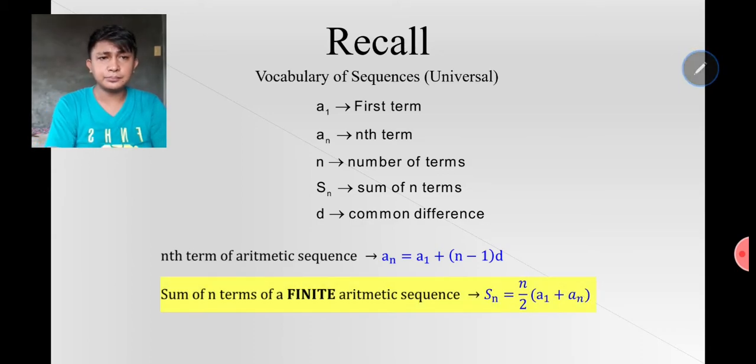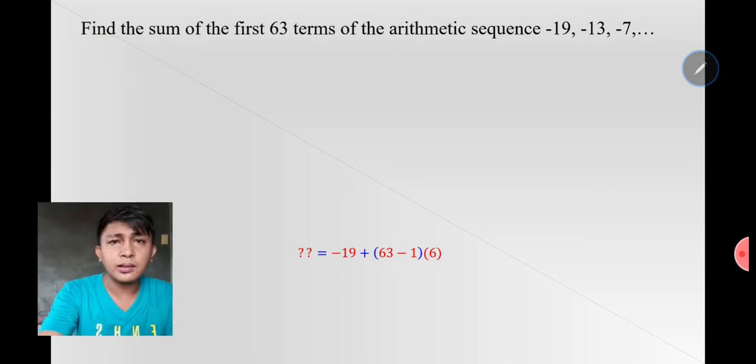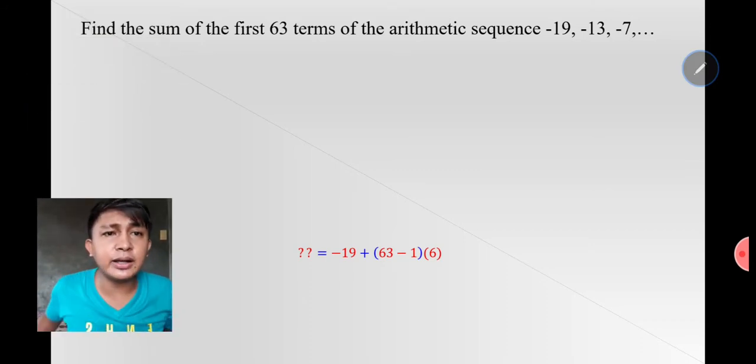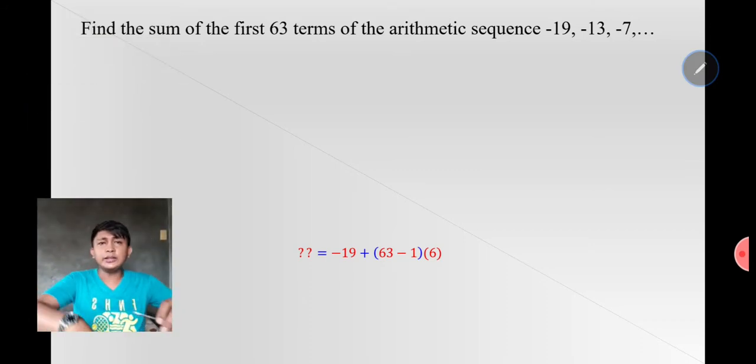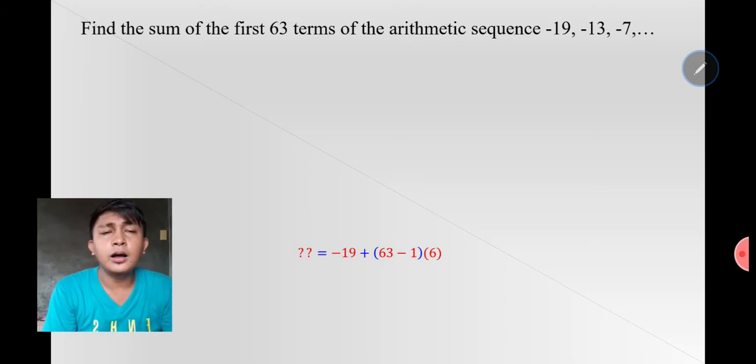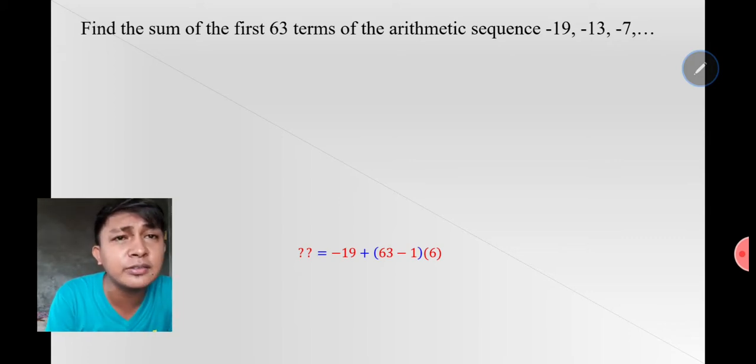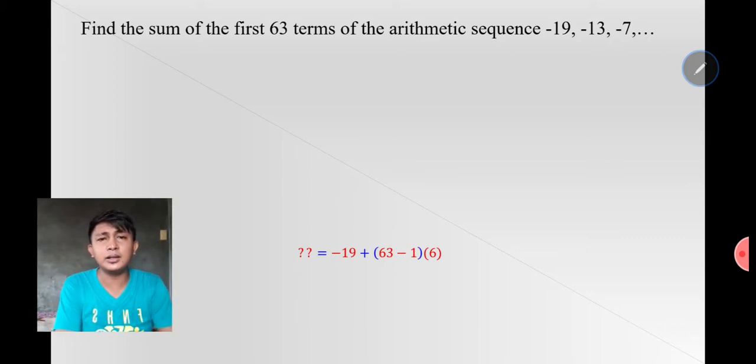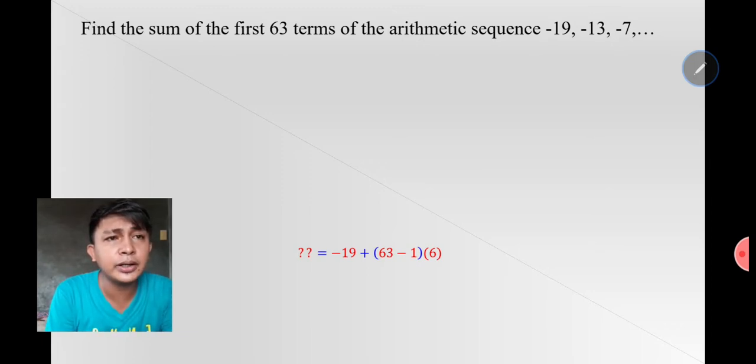Okay, so we have an example. Find the sum of the first 63 terms of the arithmetic sequence negative 19, negative 13, negative 7. So, check muna natin kung yung given arithmetic sequence ay may common difference nga. Baka mamaya may typo error. So, we get the common difference, negative 13,